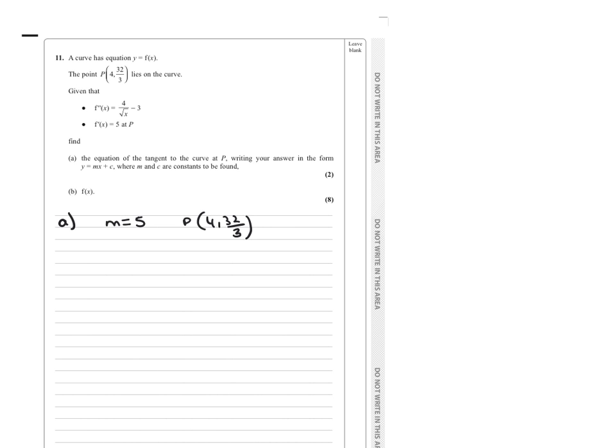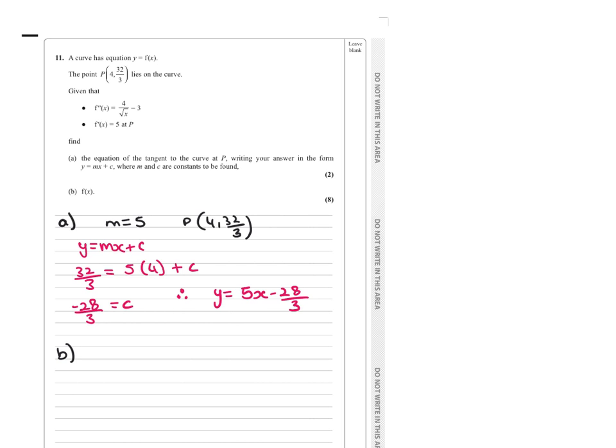So I'm going to have y equals mx plus c: 32 over 3 equals 5 lots of 4 plus c, so 32 over 3 minus 20 is going to give me c equals minus 28 over 3. So therefore, y equals 5x minus 28 over 3. So that was nice and easy. And then part B,